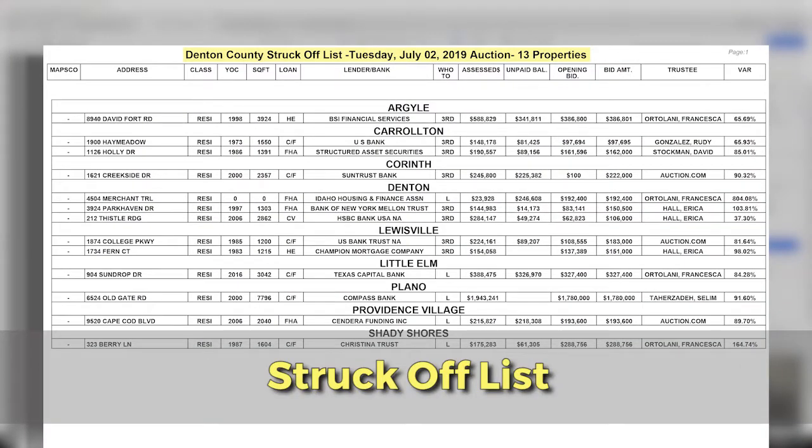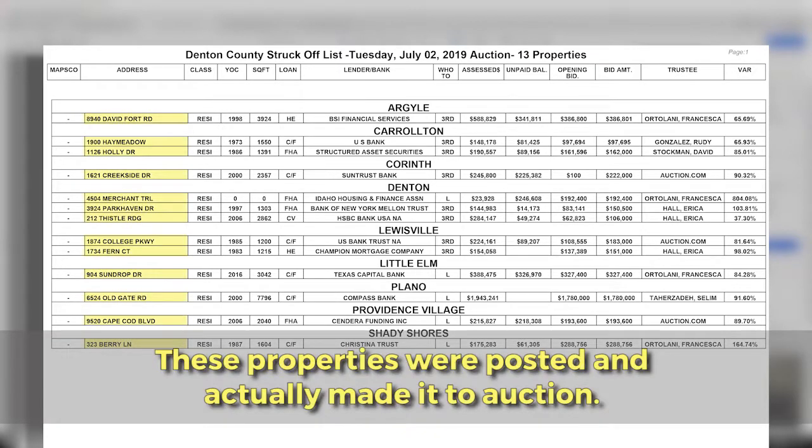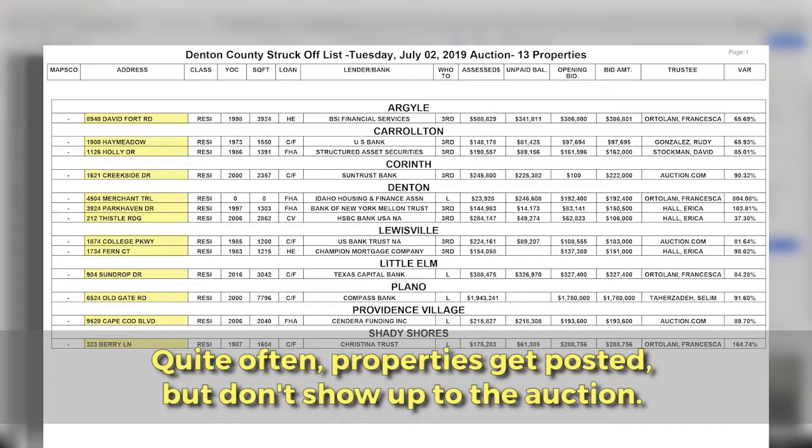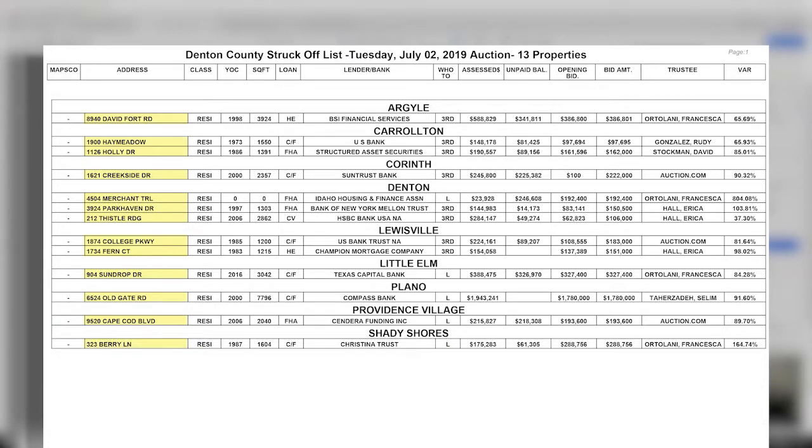The third list is going to be our struck off list. So this is going to be the results of the auction. So these are all the properties that were posted for auction and then they actually showed up to auction. So a lot of times a property will be posted, but it won't show up to the auction. The properties that are on a struck off list are going to be properties that actually did show up to the auction. So in this case, we've got 13 properties in Denton County showed up to the auction for the